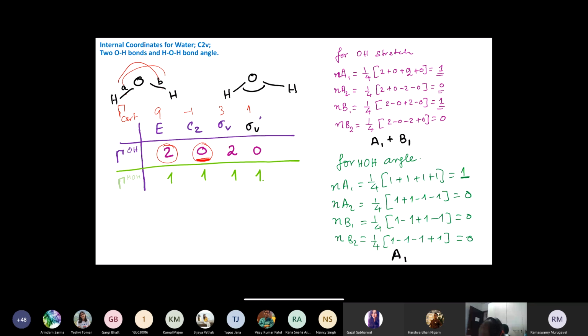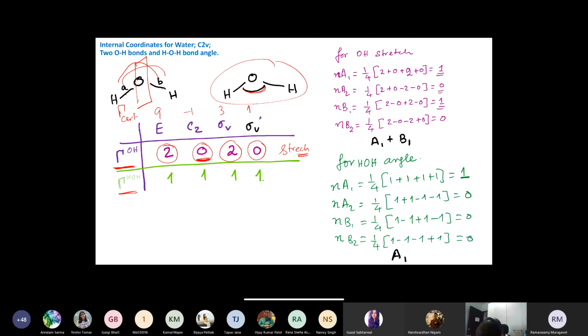Sigma B is the plane of the paper or the board itself. So all the bonds remain where they are. So 2, no problem. And then when I do a sigma v prime, which is this one, b becomes a and a becomes b, so again it becomes 0. So my tau OH, which will only give me the stretching frequency, nothing more than that, is 2, 0, 2, 0. Now my tau HOH angle, now this diagram,